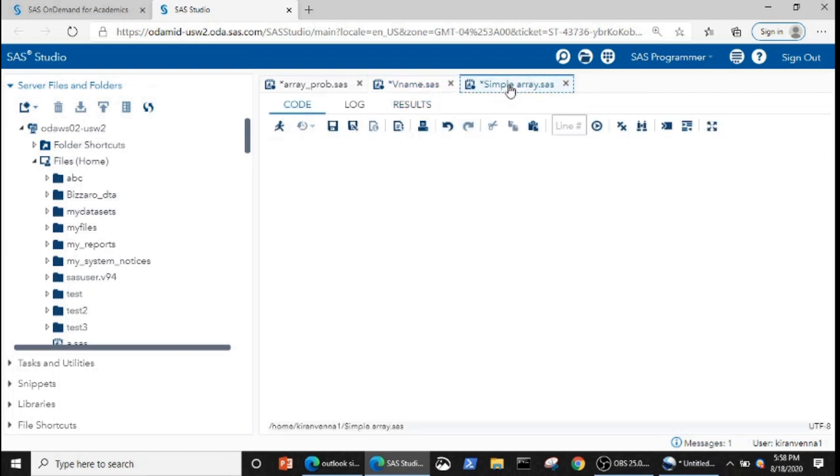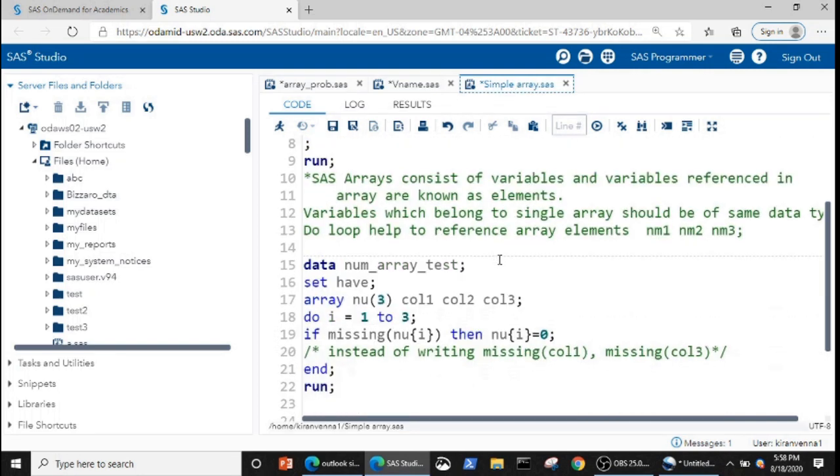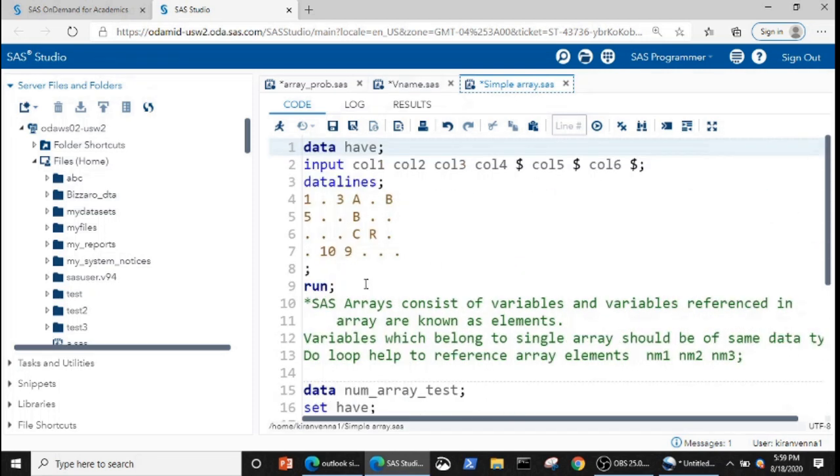Now let us quickly look into the concept of arrays. SAS arrays are nothing more than a group of variables, and the variables referenced in an array are known as elements. Let us understand arrays with respect to the example we looked at earlier.